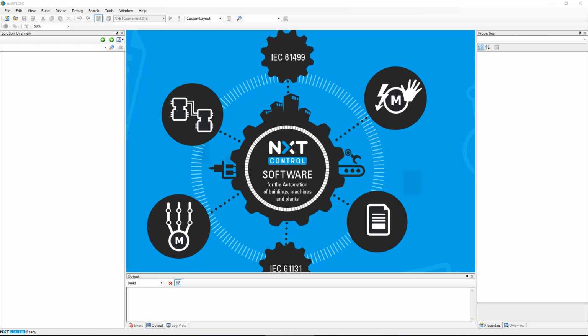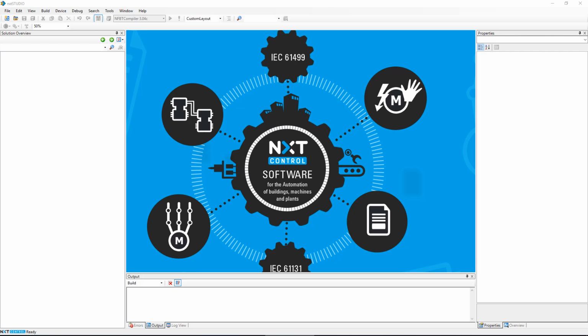Okay, let's continue. In the last section, you saw how to configure the IceBlocks. I also showed you how to know the IP address of the IceBlocks that were connected to you. In this section, we're going to learn how to install the required libraries into NxtStudio so that you can start using these IceBlocks. Before I show you that, I will show you another way to know the IP addresses of